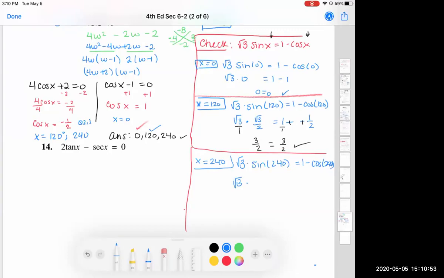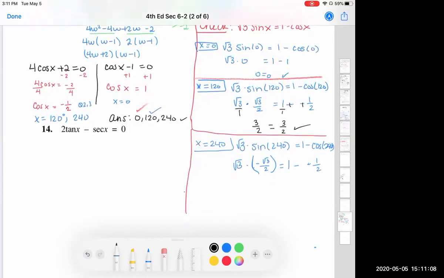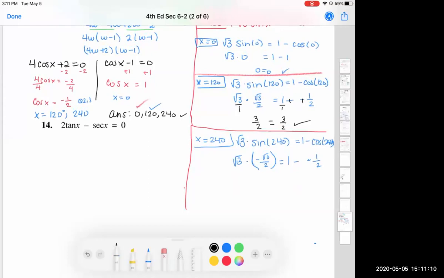Sine is your y, so sine is negative square root of 3 over 2, is equal to 1 minus cosine at 240, which is negative 1/2. All right, if we multiply, I'm left with negative 3 over 2. And then on my right-hand side, we add